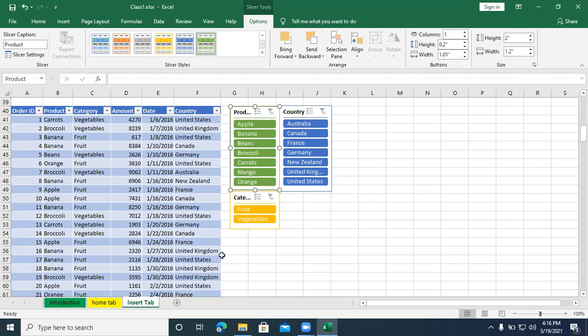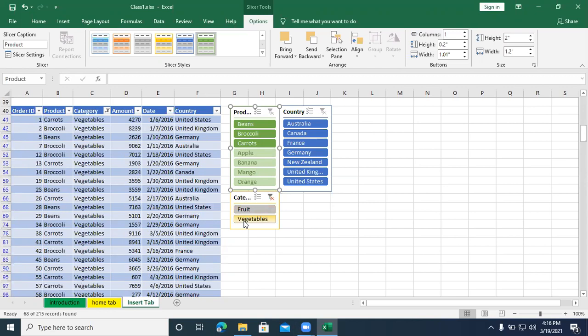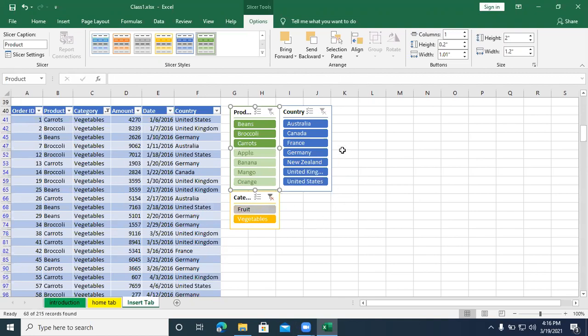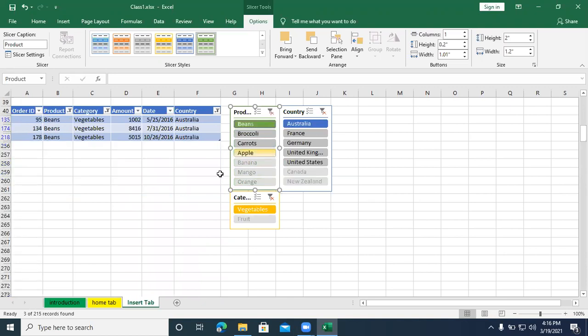I want to view only the fruit records. I want to view only the vegetable records. So it is also possible. So I want to see the information in Australia. How much of the product beans is sold?